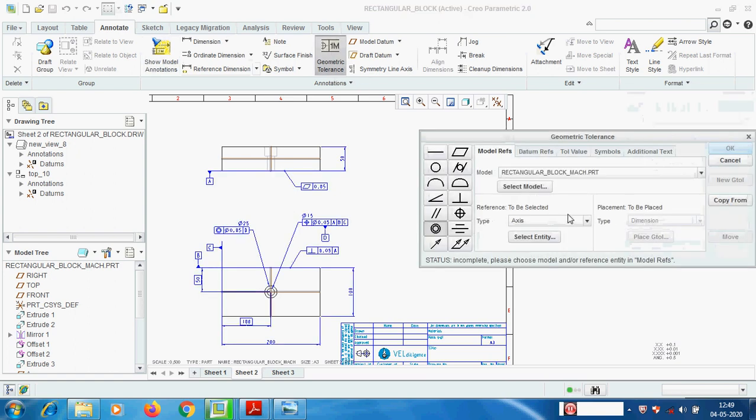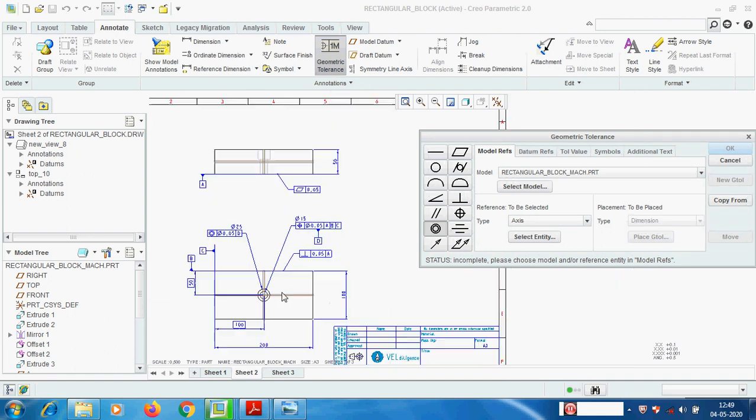The same window we will get, but here selecting the feature, we have to select the features very carefully. In 2D, picking the surface is very difficult, so we assign in 3D geometry and retrieve here. Here also we can apply.